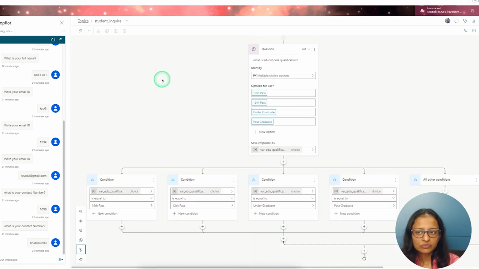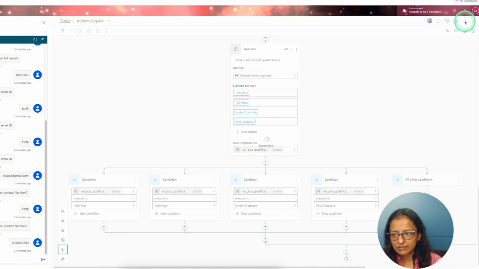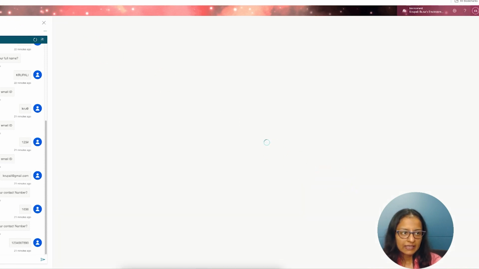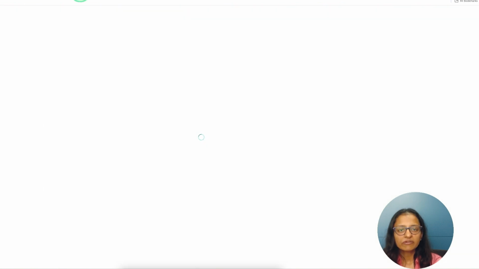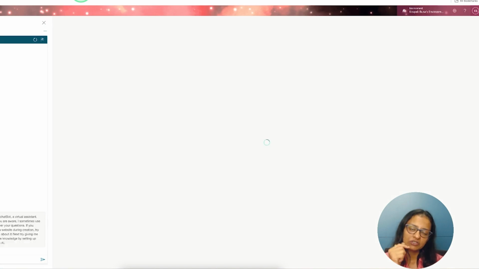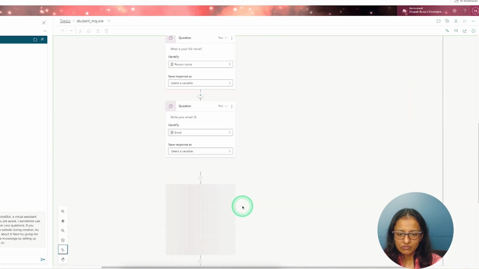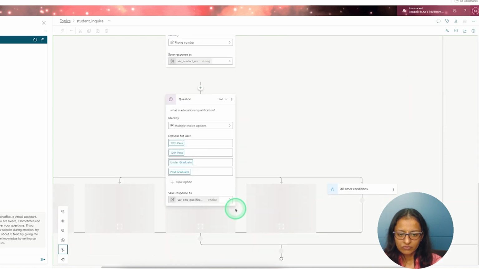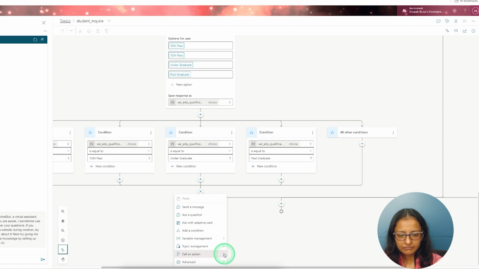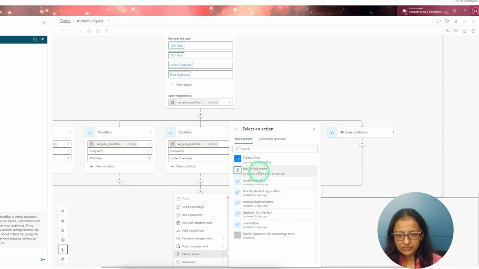So you need to save this agent, Power Virtual Agent, and refresh it. Every time you create a flow, you need to save the agent or Copilot and refresh it. Automatically you will get it. Just wait for a while, go down to the flow, and here in the call an action you will get student registration flow.